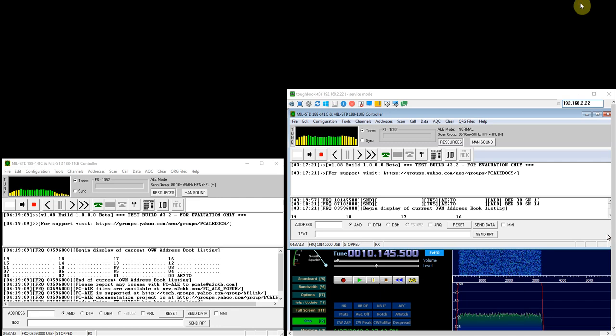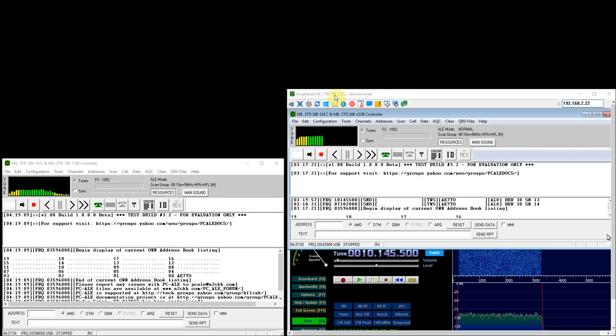So I'll minimize this and show you two stations. They're actually both right here, but I've got a dummy load on one end where the transmitter is located here, and I've got a receiver set up here a short distance away with a small vertical antenna. They're both running PCALE software, and I'll describe details of the configurations in a moment. But for now, I'll just say that they're both set up for the same channel group, everything from 10 meters to 80 meters to include 5 megahertz band, and they're both configured